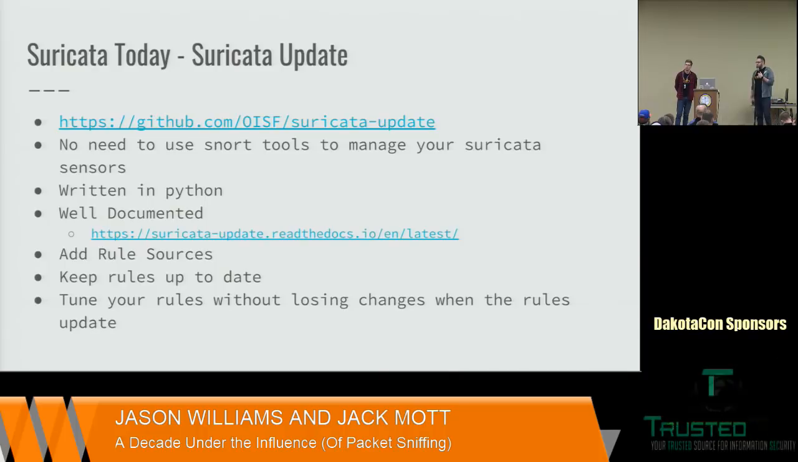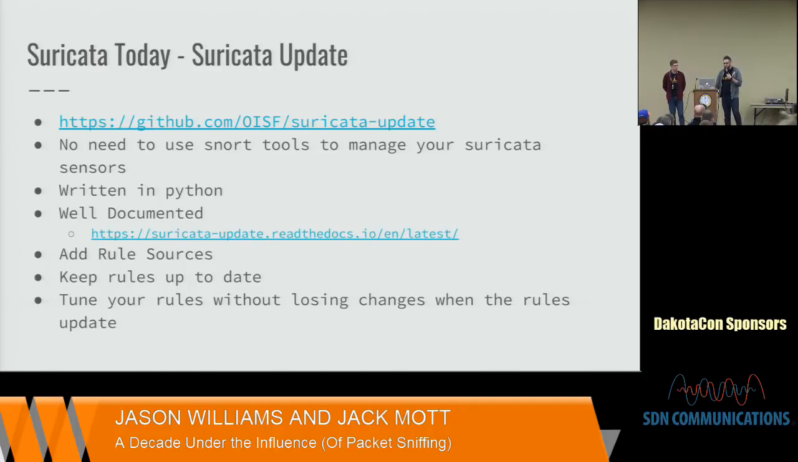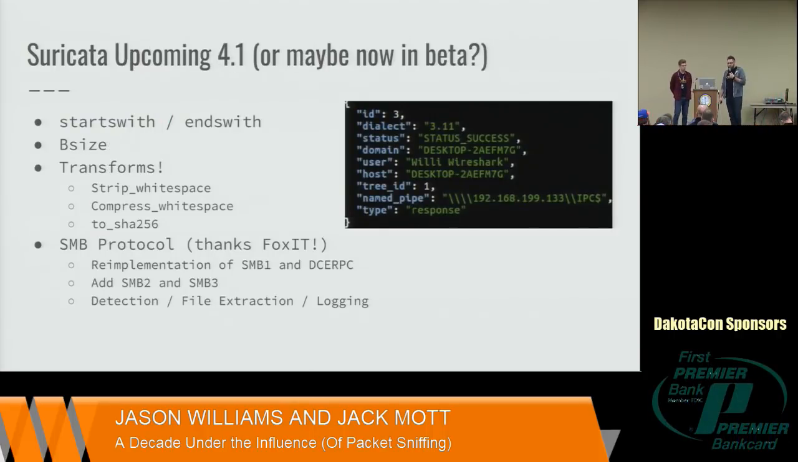If you find a new rule source that you want to automatically keep pulling down, there's kind of a framework for that. And yeah, really cool. If you know Python, that's a great place you can contribute if you're looking to contribute to an open source project. So I changed this title last night, and it was accurate because Suricata 4.1 beta is up right now